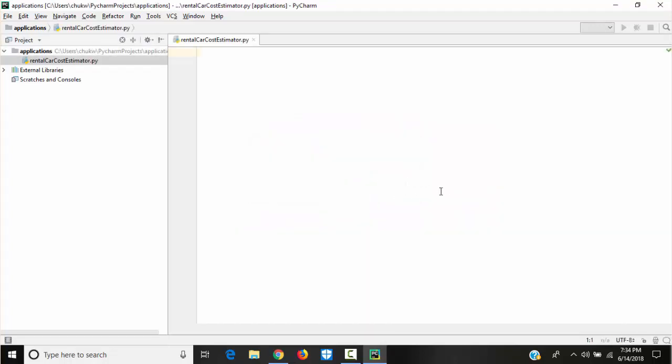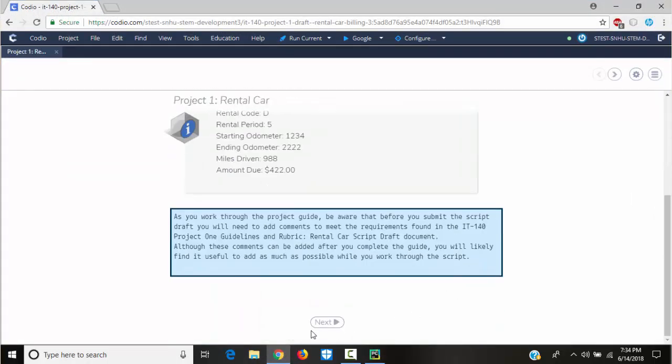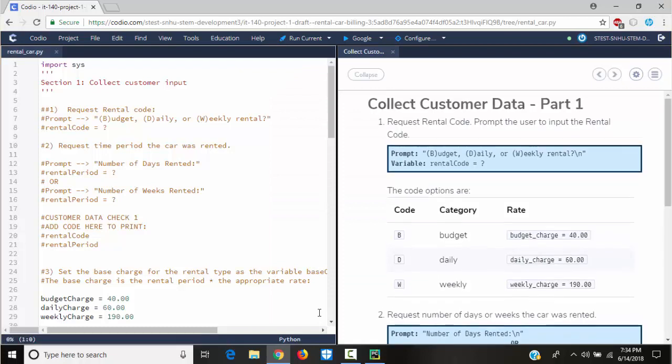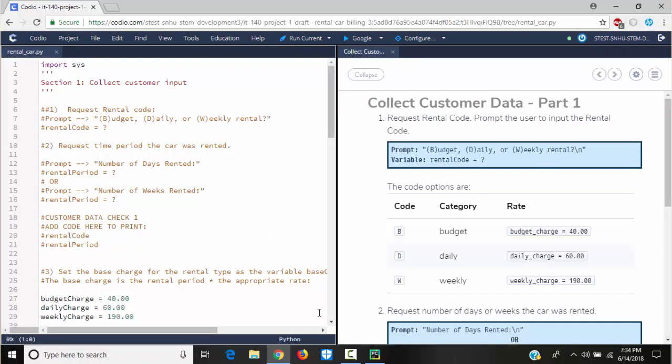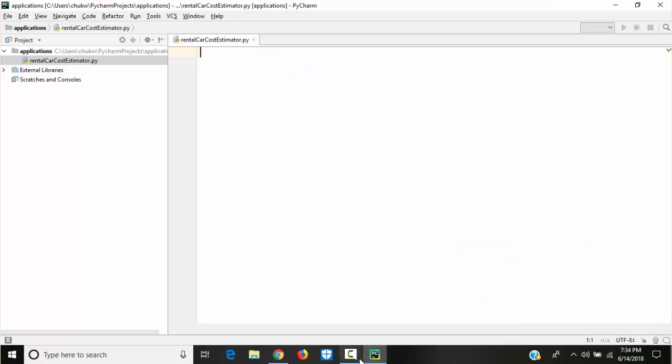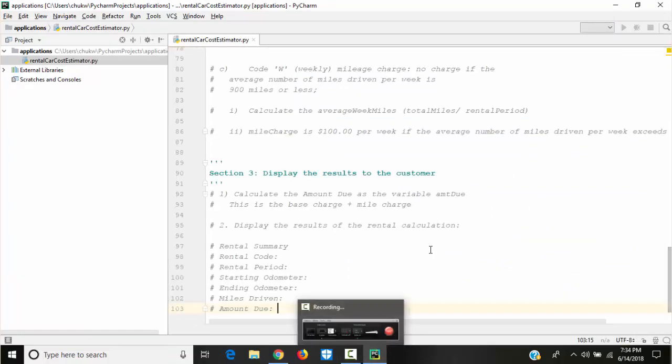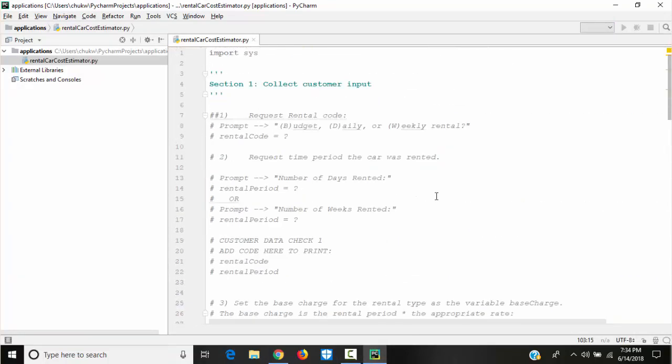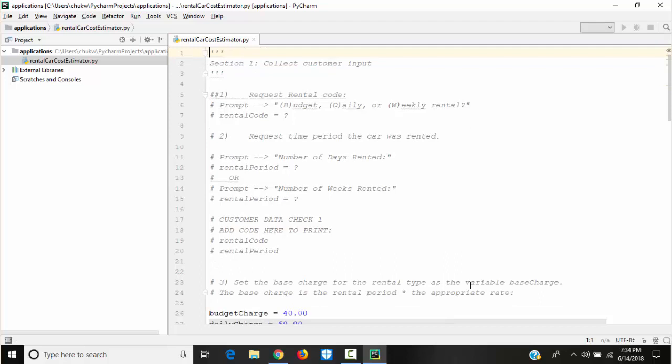Okay, let's look at this here. We will do it in both ways. So what I'm going to do is copy this exactly like this, and I'll come here and paste it. And I'm going to remove this import sys from the file.